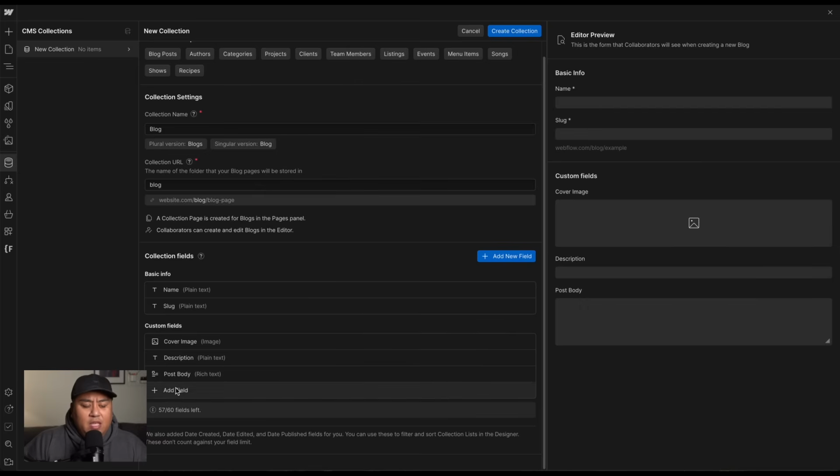How about the dates? Well, Webflow actually automatically adds date fields for you, which are the date it was created, the date it was edited, or the date it was published. So you don't actually need to create a separate date field. Now, if you want granular control of the date field, then you can go ahead and create a date field